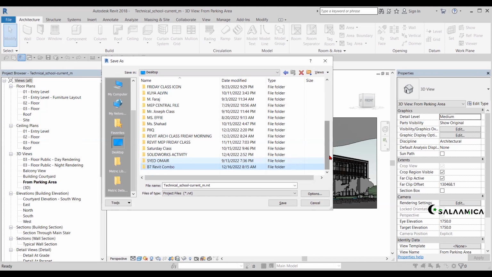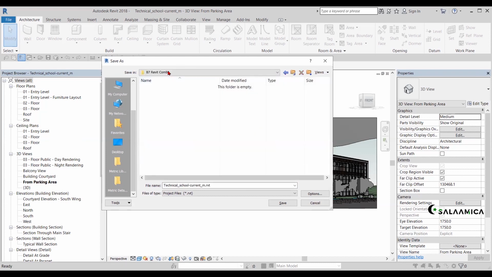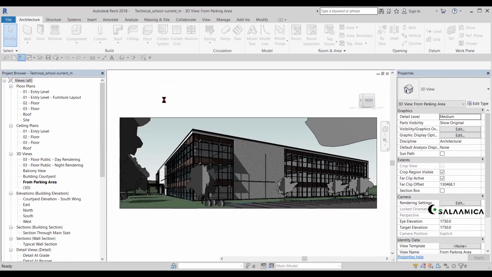That's the folder name, no? And inside that folder, I'm going to save this file. So whatever I do with this file, my sample files will not be affected. Okay. So do the save as before we proceed. Did you save as? Yes.